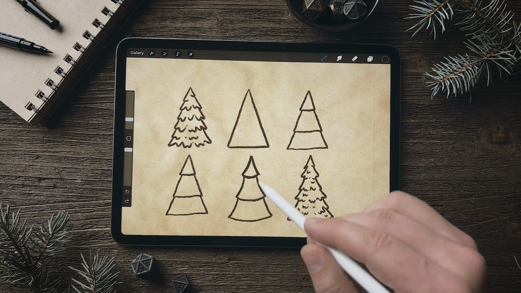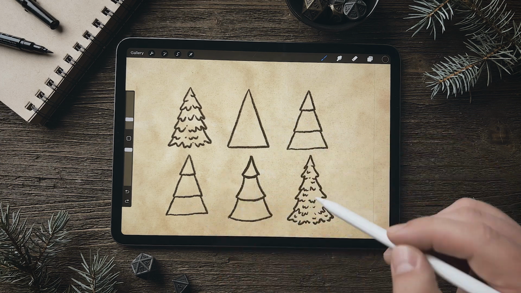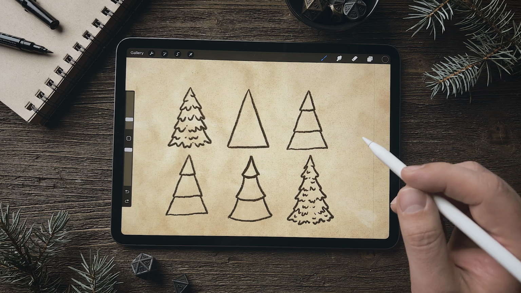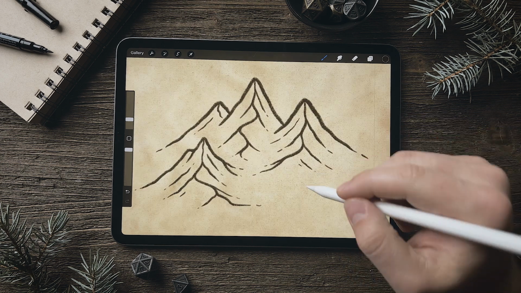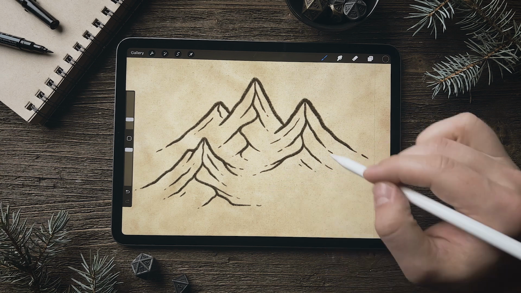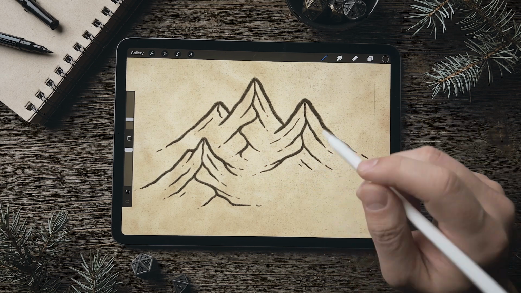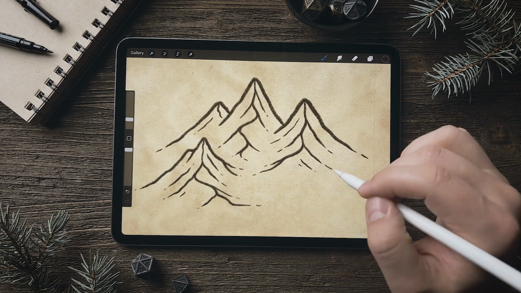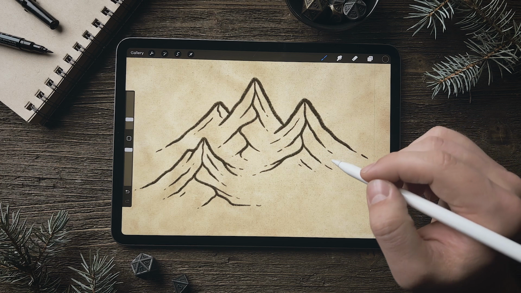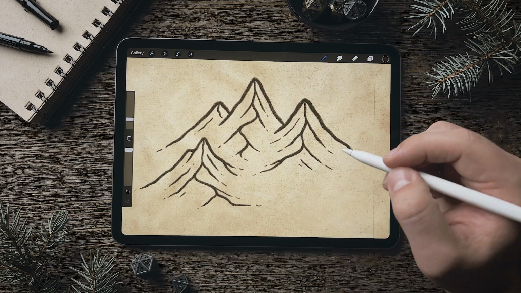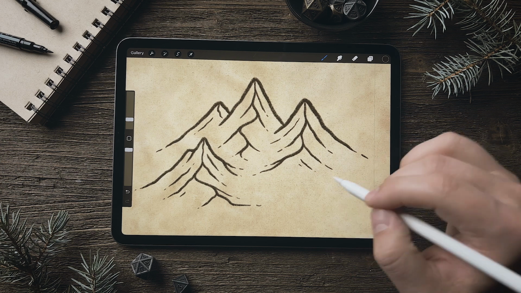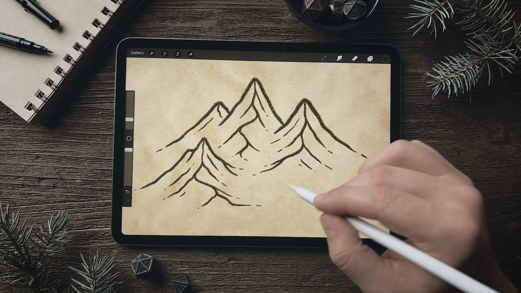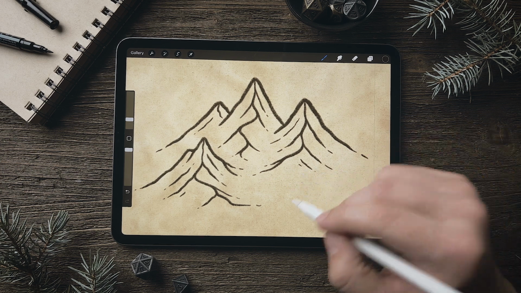So we have our basic idea on how to draw a tree. Now the question is, do you have to do this whole process for every single tree that you draw on your map? Well, let's look at that. So what if you want to add some trees like that around a mountain range like this? Do you have to sketch out each individual tree like we did in our example? No, that's really just a learning tool so you can understand the basic shapes, and once you get practiced and get the hang of it,